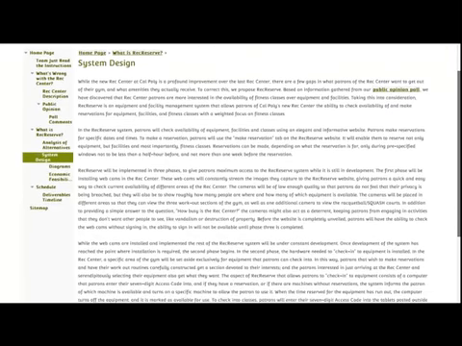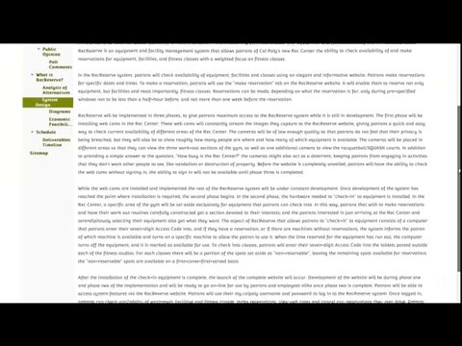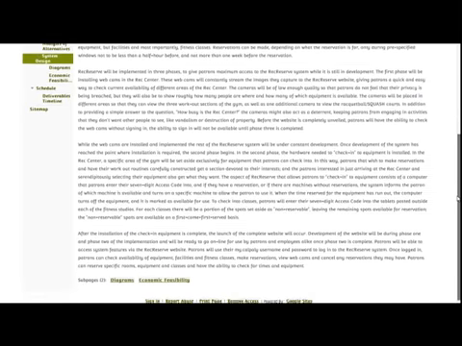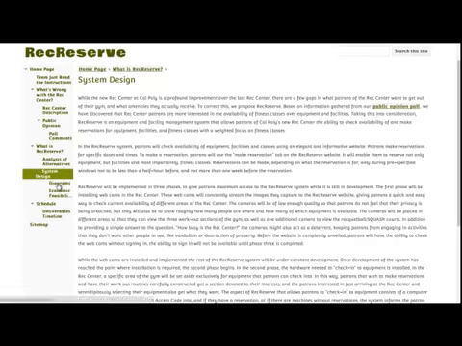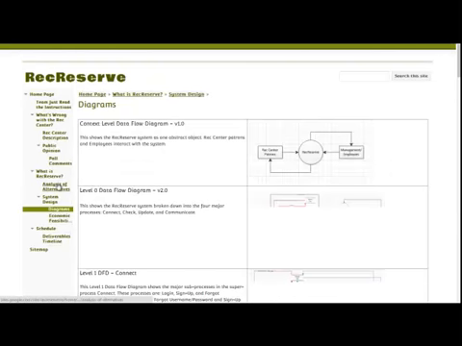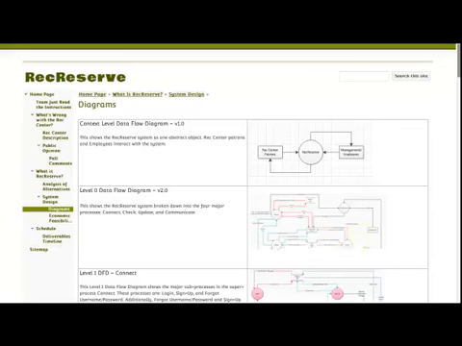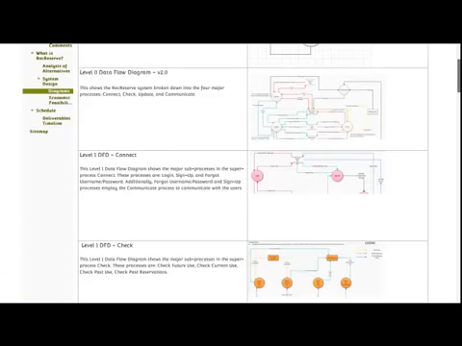The aspect of RecReserve that allows patrons to check into equipment consists of a computer that patrons enter their 7-digit access code into, and if they have a reservation, or if there are machines without reservations, the system informs the patron of which machine is available and turns on that specific machine to allow the patron to use it. When the time reserved for the equipment has run out, the computer turns off the equipment and it is marked